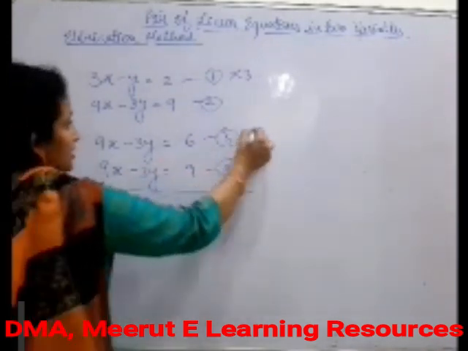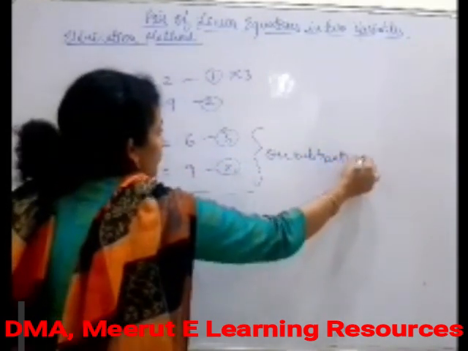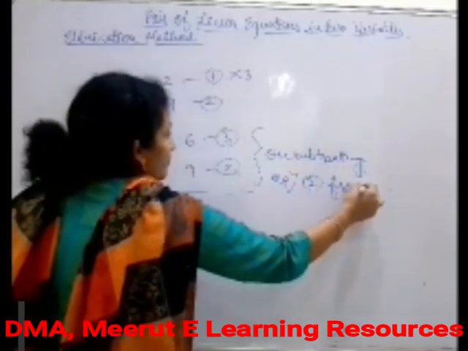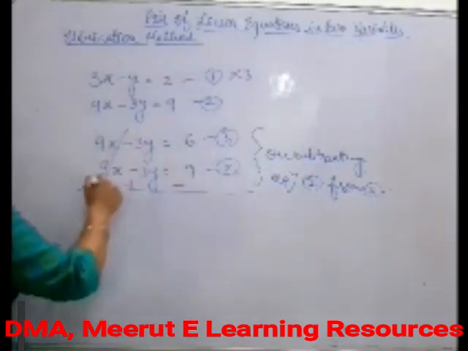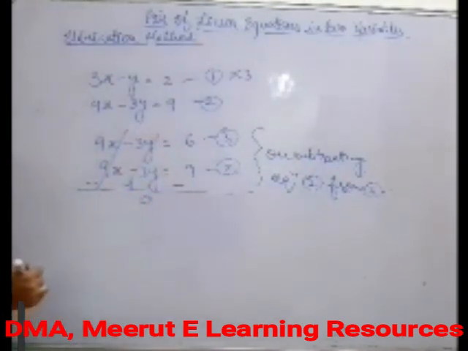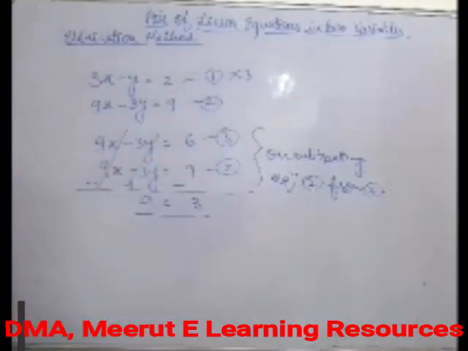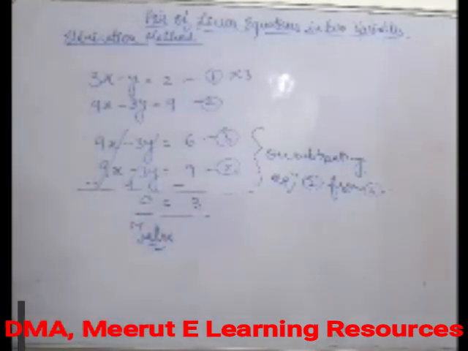Again on subtracting equation 2 from 3, okay, what will I get? Minus plus minus, cancel, cancel. Here on the left-hand side I got 0, and here I got minus 3. What do you say about this statement? Are the two sides justifying each other? Means, are they equal? No, not at all. 0 is not equal to minus 3. So this is a false statement. Both the sides are not equal.